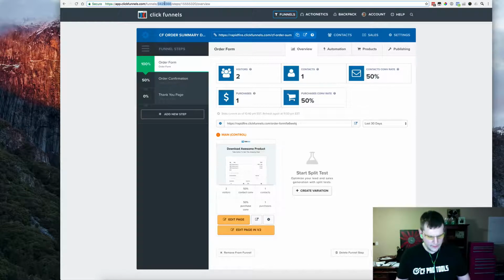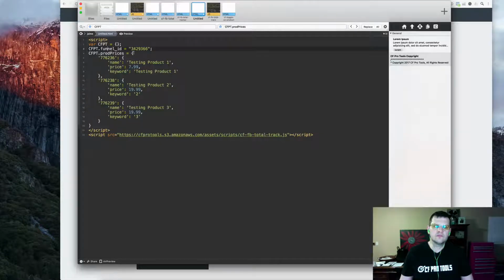The reason to have this number is because this funnel ID is going to be used to create a local variable in your browser that says, hey, this Facebook pixel has already fired, so don't fire it again. Otherwise, you'll get multiple conversions for the same visitor if they come back and refresh that confirmation page, or they come back, you send them a link and they go back to the confirmation page multiple times. We don't want that pixel to fire every time they view the page, or you'll get multiple conversions counted,